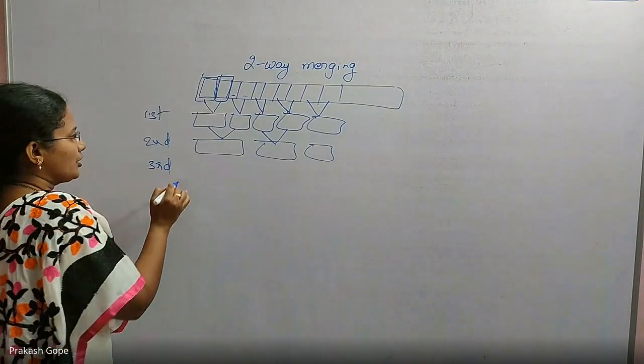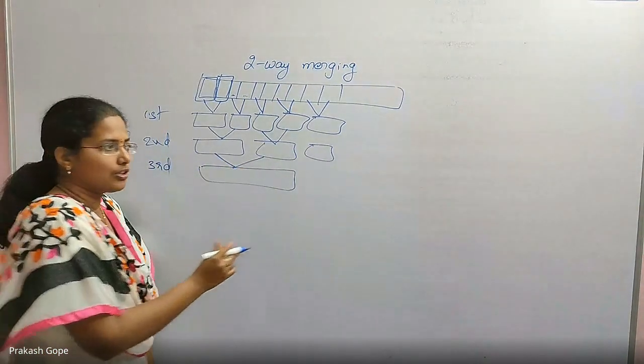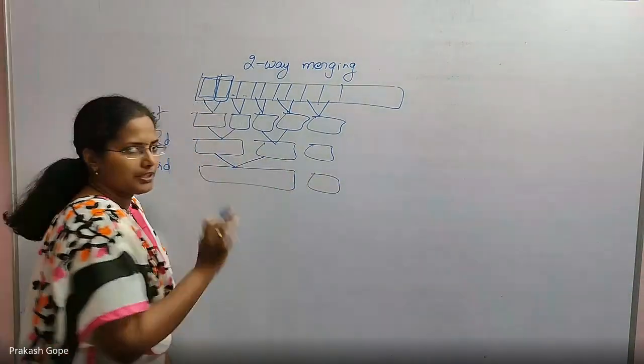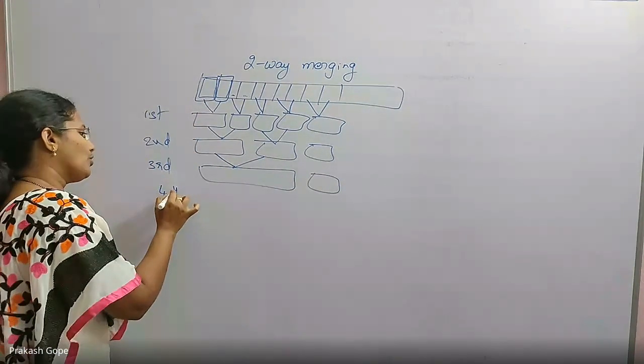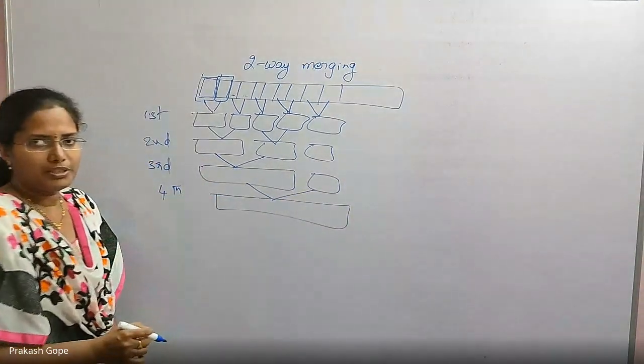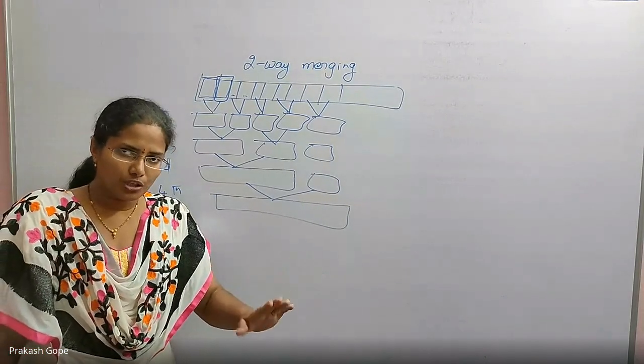After third iteration, these two are merged so that first 8 elements are in sorted order. Next 8 elements, but there are no 8 elements. That's why it is 2 only here. And then in the fourth iteration, these two are merged. Then we'll get 10 elements sorted out. This is two-way merging. Time complexity of both algorithms is same.